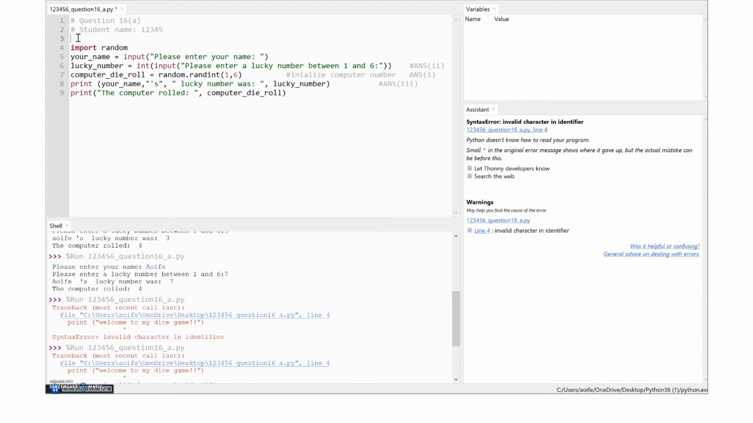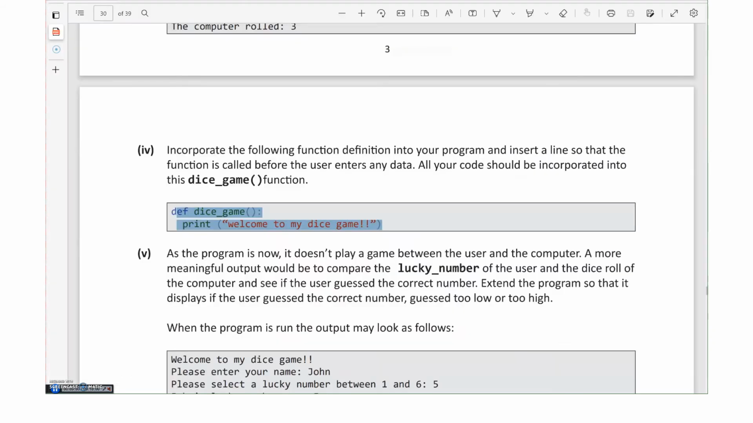So it's def dice game, and it's a print welcome to my dice game, and I'm just going to check I have that correct. Def dice underscore game, and then welcome to my dice game, and I should have exclamation mark, exclamation mark. Now, if I run that as it is,